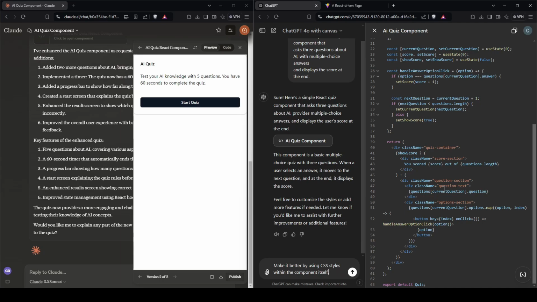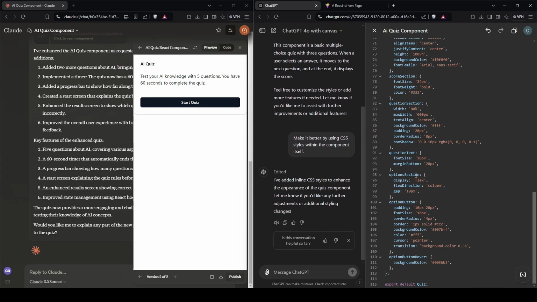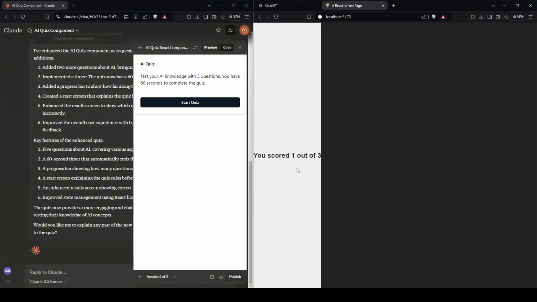So let's give ChatGPT Canvas a chance. It did create the styles there and we can copy it and see what will happen. There. But the code is still not working well because this text is not visible. And you can see that even though I have enough room here, there's a problem with the layout. So it's very trivial compared to Claude Artifacts where we can see the result here.